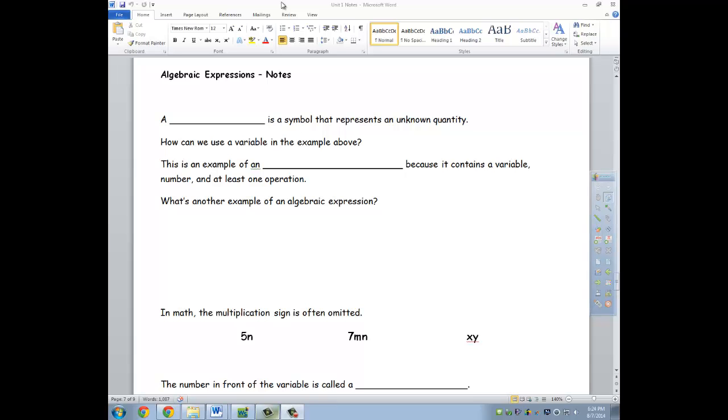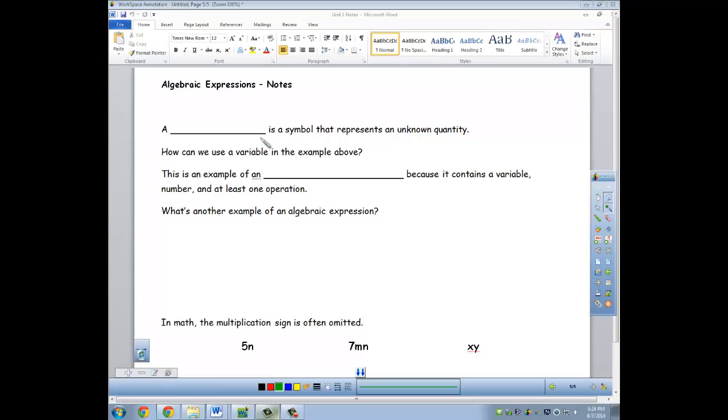Hey, today we are going to talk about algebraic expressions. There will be some new vocab terms here. Some of them you may have heard of already. The first one is a variable,